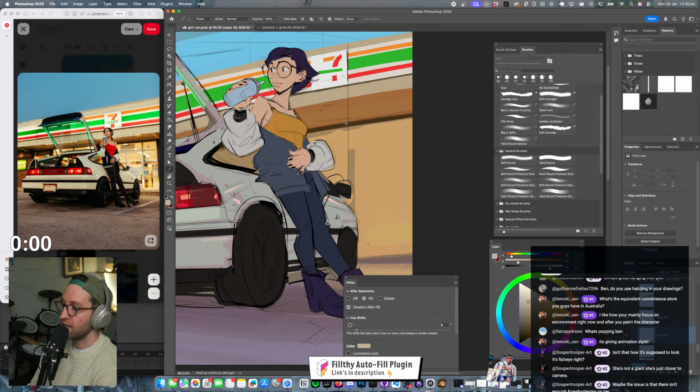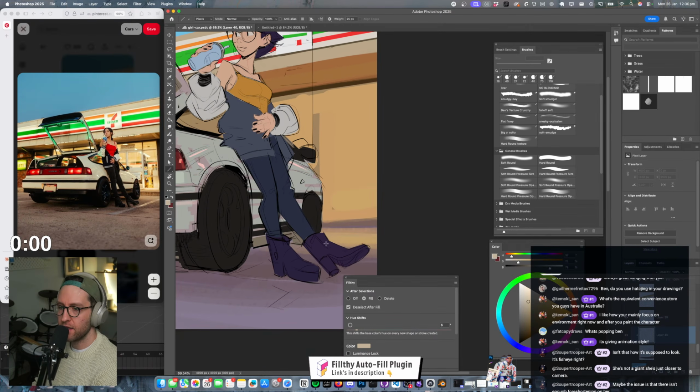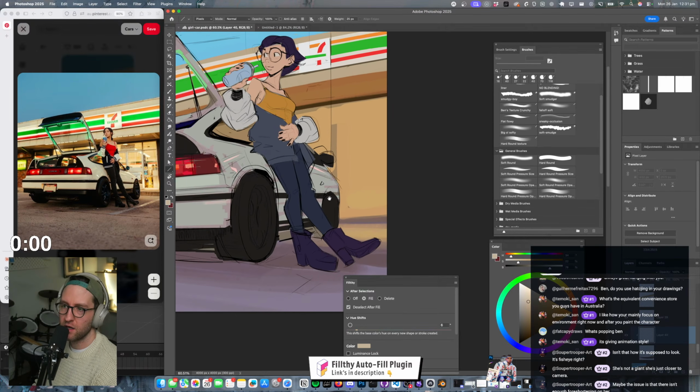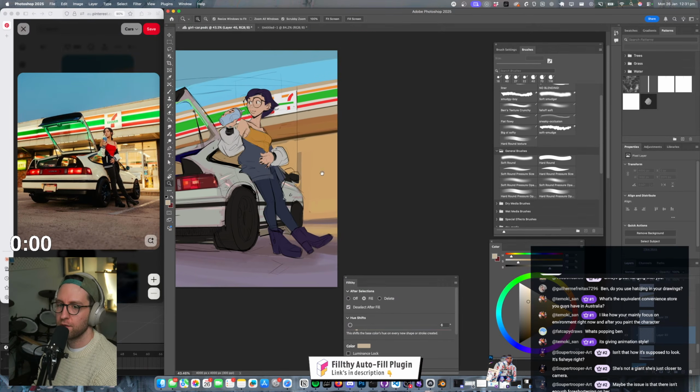Maybe the issue is there isn't enough foreshortening on her. Bingo. That's what I'm thinking. I'm thinking maybe this leg in particular should potentially be pushed back a little bit. Maybe. Because even though this could technically be correct, because the leg's sort of crossing over, or almost in line, it might not work.